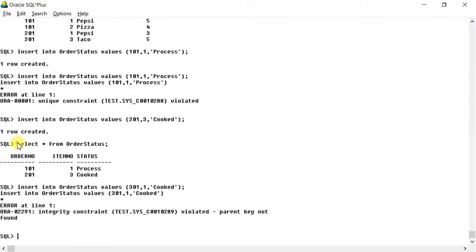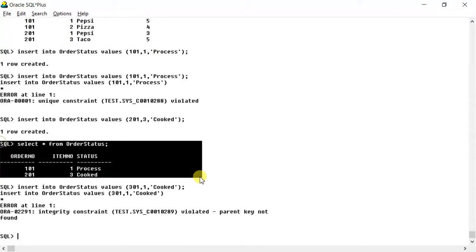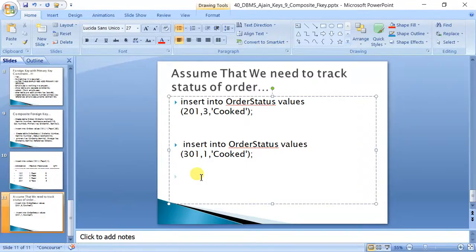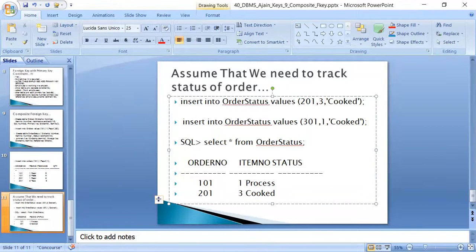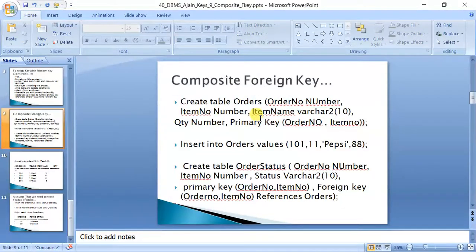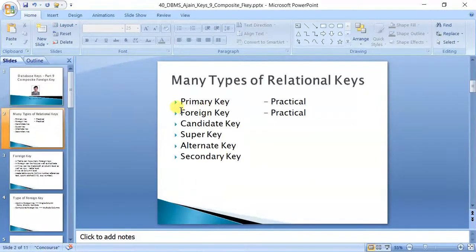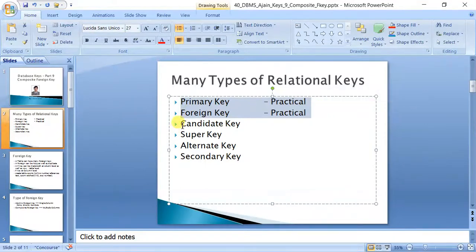So with this, hopefully we have finished all the concepts related to keys. We have seen 8, 9 lectures related to keys. In the coming lectures, we will cover the remaining constraints like not null, unique, check, and maybe the default keyword also. We will also cover the remaining theoretical keys. As we saw in the beginning, some keys can be created and the rest are theoretical. So in coming lectures, we will see these concepts also because they are important.